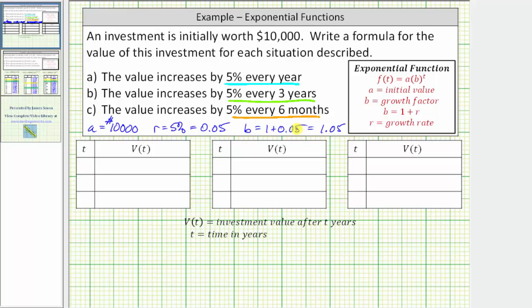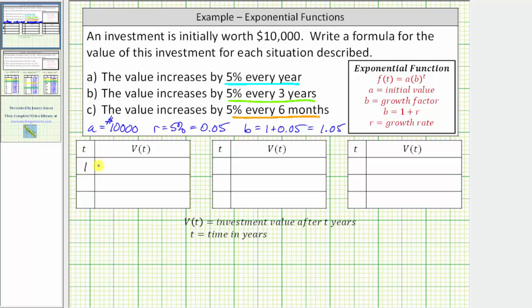But each situation is going to have a different function or formula, because notice how the time period for which the 5% growth is realized is different. In A, it's every year. In B, it's every 3 years. And in C, it's every 6 months. For each formula, let's let t equal time in years and v of t equal the investment value after t years. Let's first focus on A when the value increases by 5% every year,